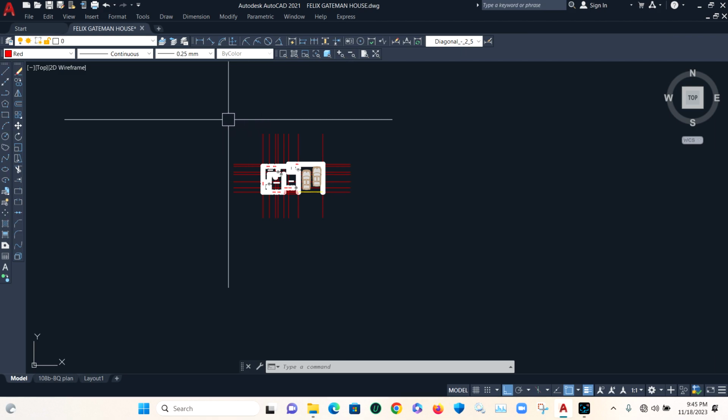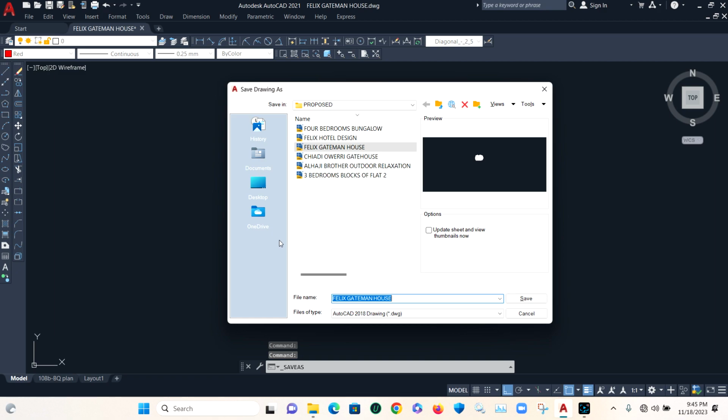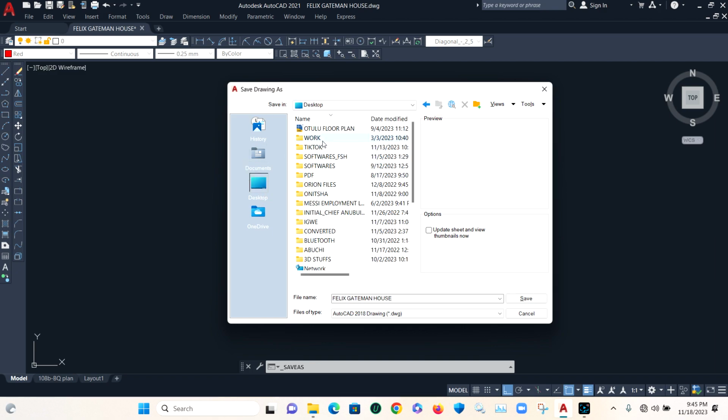The next thing to do is to save this file as a DXF file, because Orion only recognizes DXF files. Orion doesn't recognize DWG or any other AutoCAD format. So you go to your Save As. Now you go to the folder where you want to save your drawing. Anywhere you want to save it. Let me save on my desktop. Now let me call it Orion training